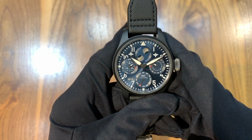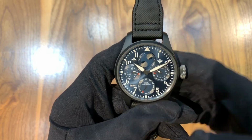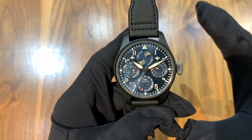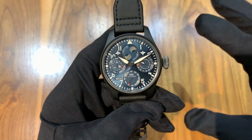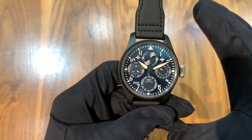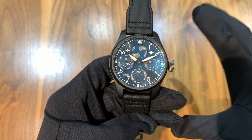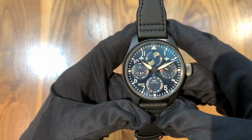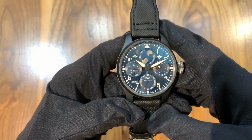As I said, this is the IWC Big Pilot's Watch Perpetual Calendar Edition Rodeo Drive. Now, this watch was made specifically for Rodeo Drive, obviously. Typically, it's boutique only, but JB Hudson is able to get this watch allocated if need be or if there's a demand for it. So getting into the features of this watch, which there are many,